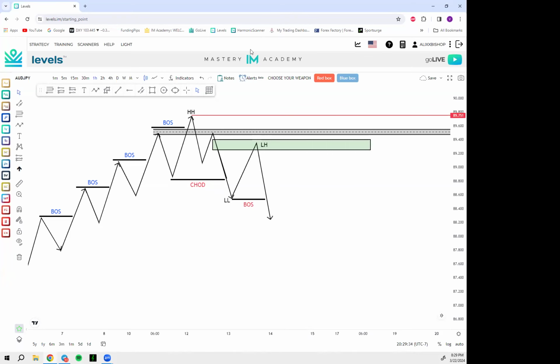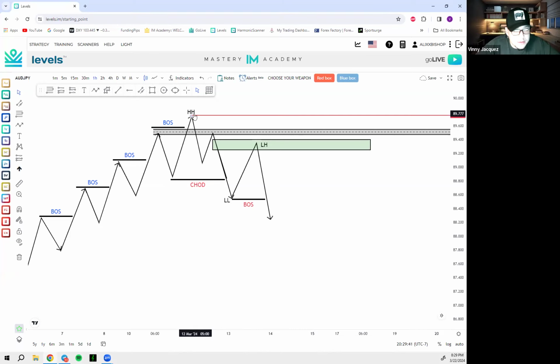Hey, Vin, question. What's up? You know how you mark the stop loss at the head? Is it possible to move your stop loss a little bit higher than that point? Yeah, if you want a little bit more room. To be honest, the very tight stop loss for the head and shoulder would be the very top of the wick. But for me, I always put it a couple pips above.